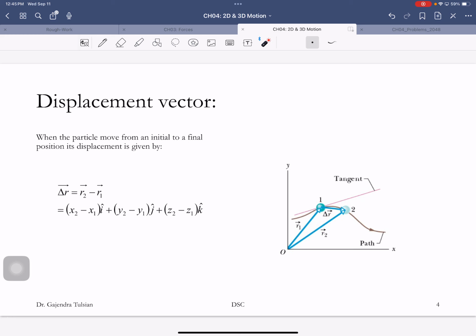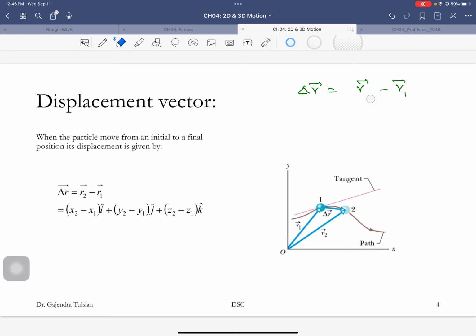Any questions? Like I said, you already saw the entire chapter in 5 minutes at the beginning of the lecture. Now we'll just go through some terms. If this is your trajectory, the displacement: that's your location at time 1, and this is your location at time 2, and there's your displacement vector. The displacement vector is your position vector at time 2 minus position vector at time 1, or your position vector at final time